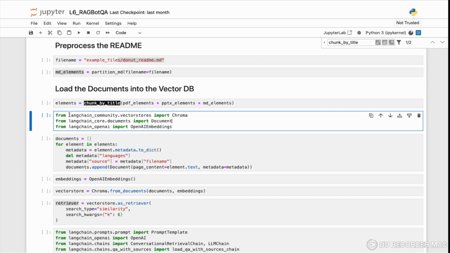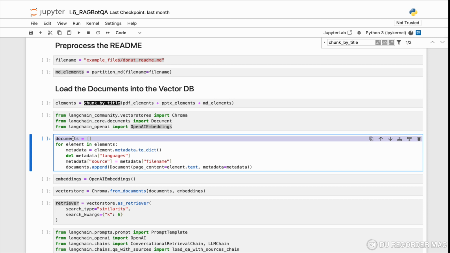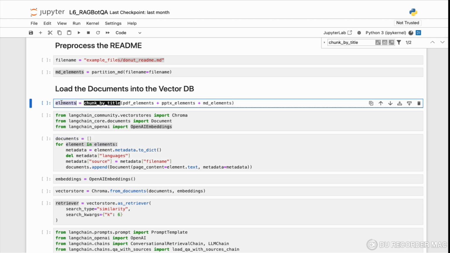Then we are importing some statements from LangChain, such as Chroma, Document, and OpenAI embedding. Then we are creating an empty list of documents. We are loading up all the elements that we have stored together. And then